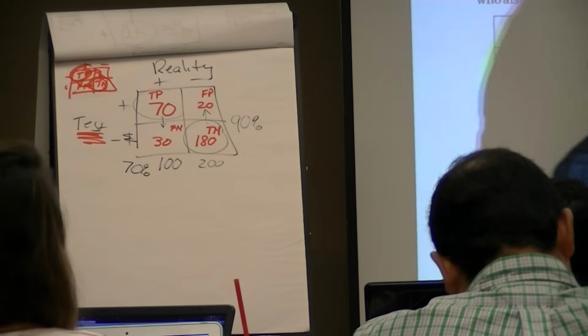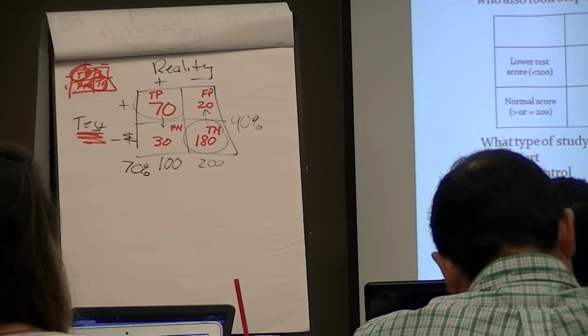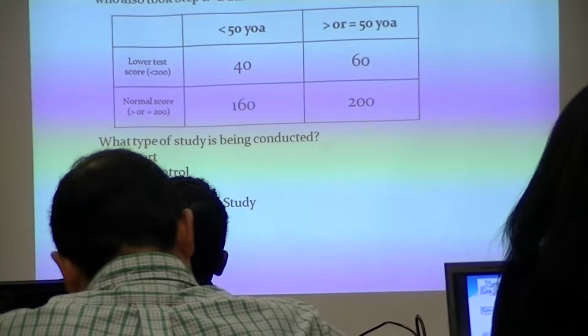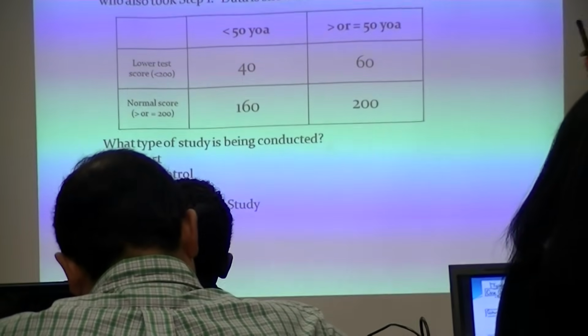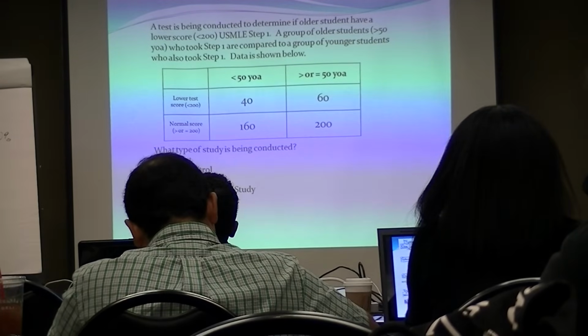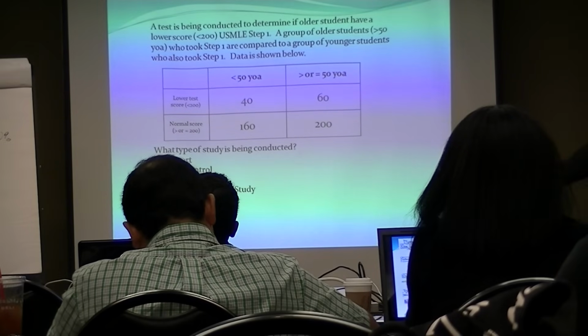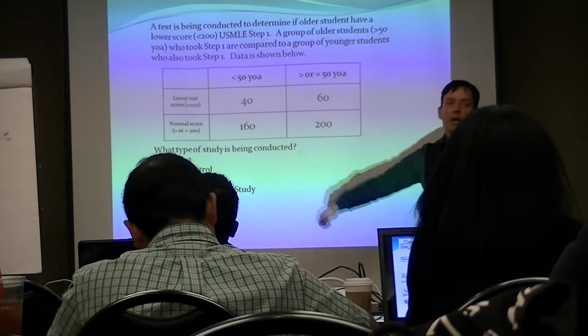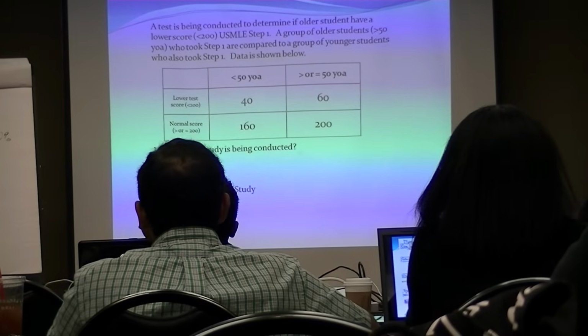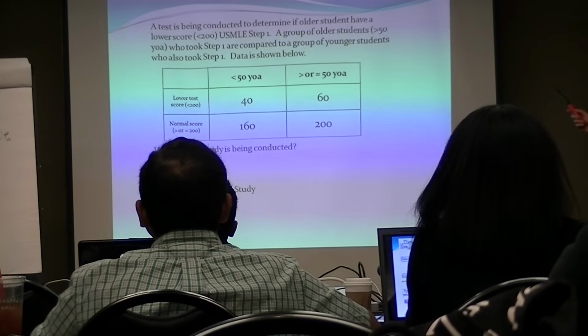A test is being conducted to determine if older students have a lower score, less than 200, on USMLE step 1. All right? A group of older students, over 50, who took step 1 are compared to a group of younger students who took step 1. And data shown below. I should have just put that they had prostate cancer or something, make it a disease. But the fact is that we already know